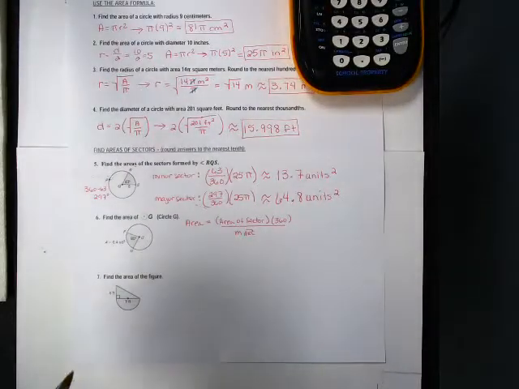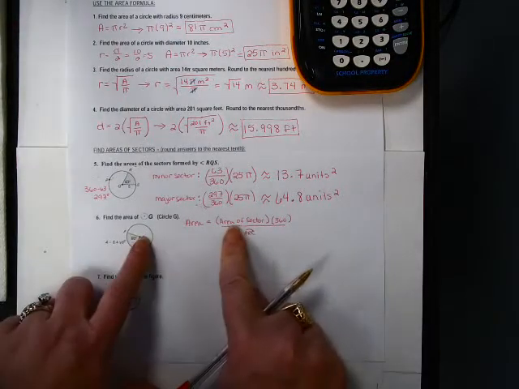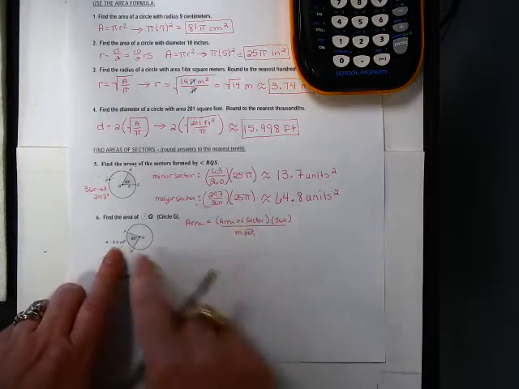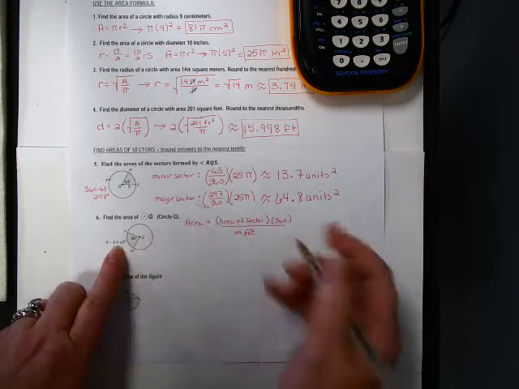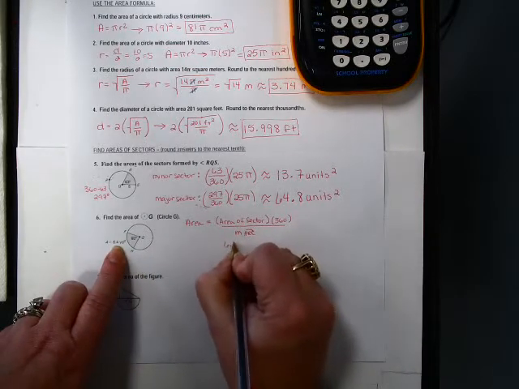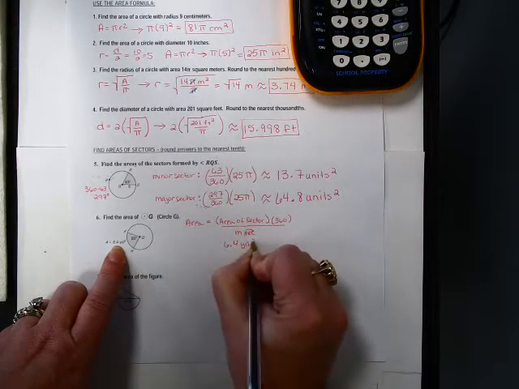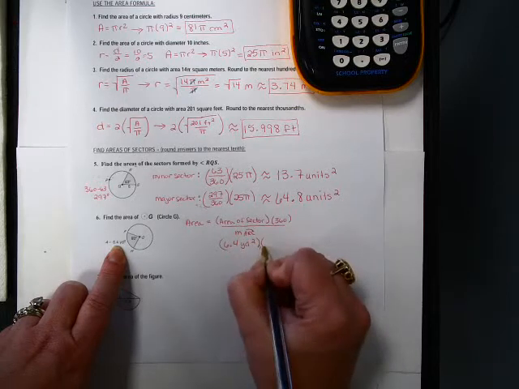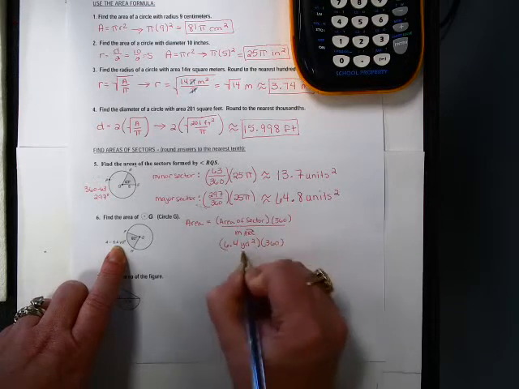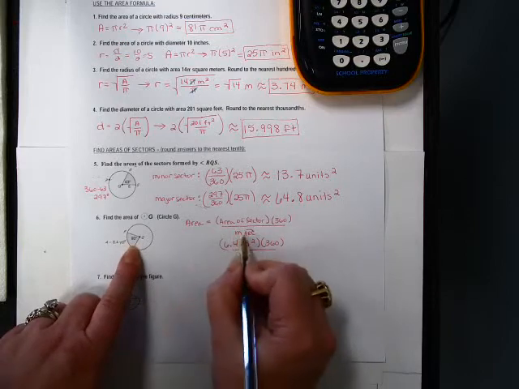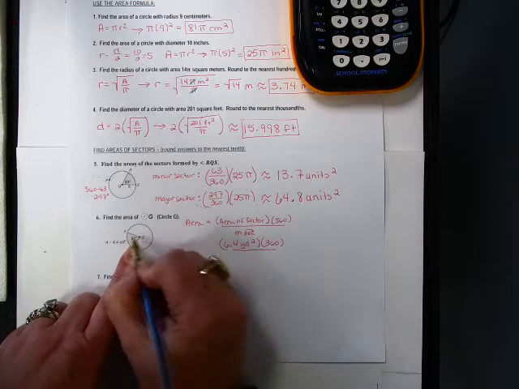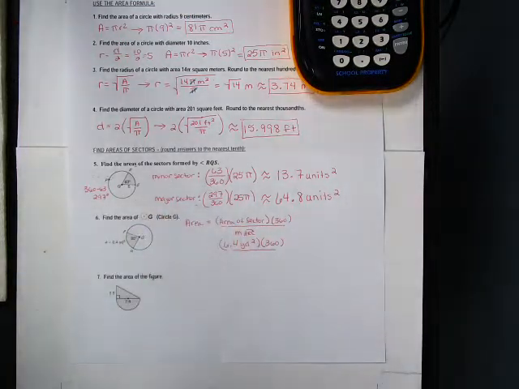So the area of the sector, they tell me, is this right here, 6.4 yards squared. I'm going to multiply that by 360 and then divide that by the arc, that's the degrees, and that's going to be